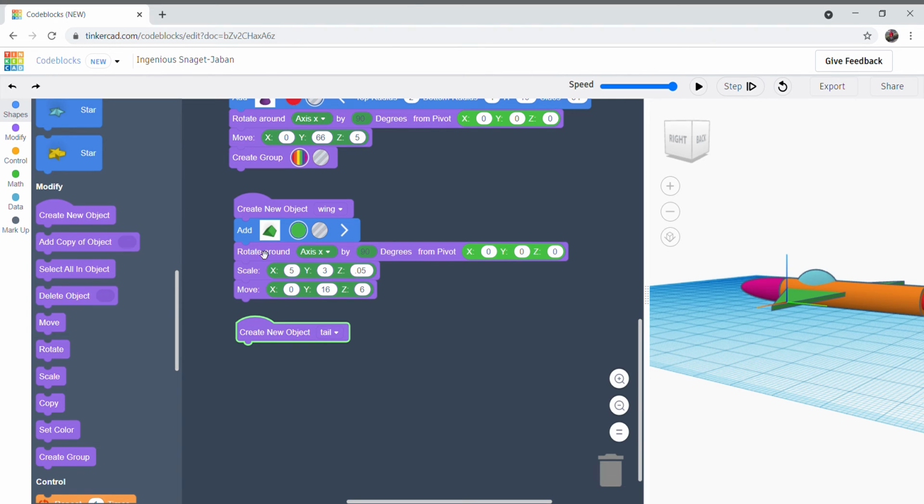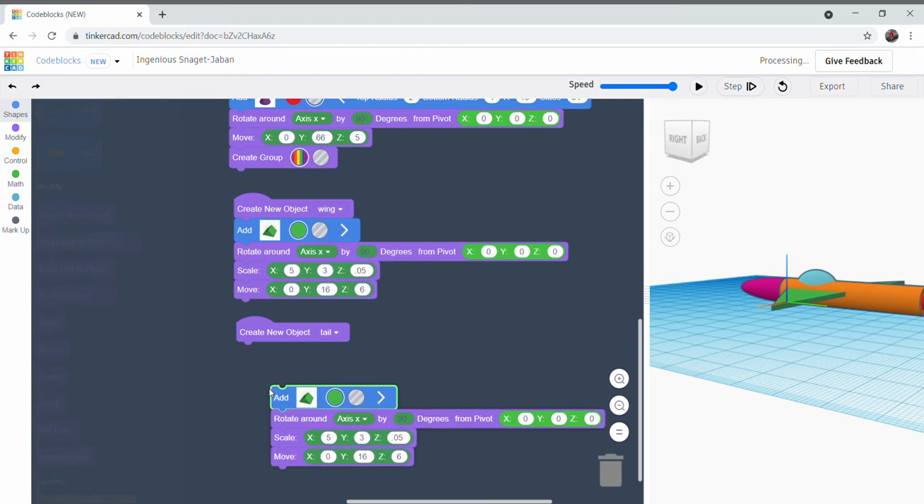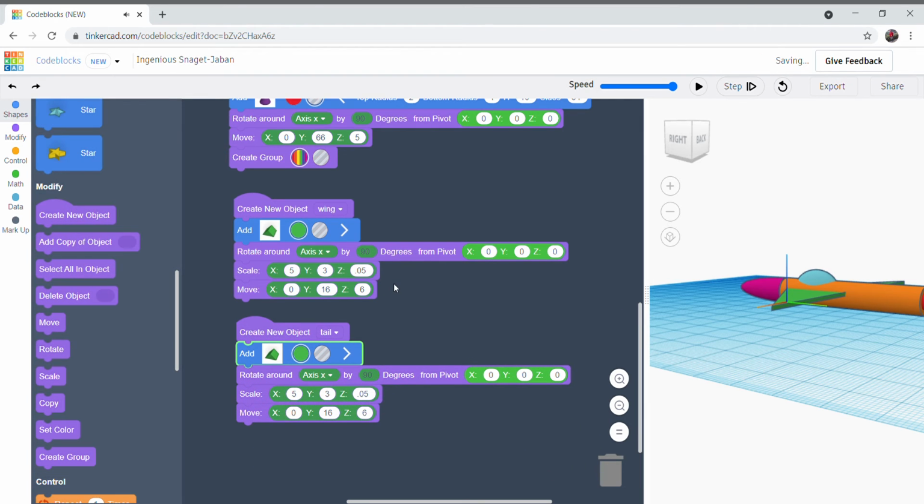So we have to go here, we have to duplicate, we have to attach it here, and then we need to just scale. We have to just make the scale as x will be 2, y will be 1, and z will be same 0.05, and we have to just make this with, let's try 60,